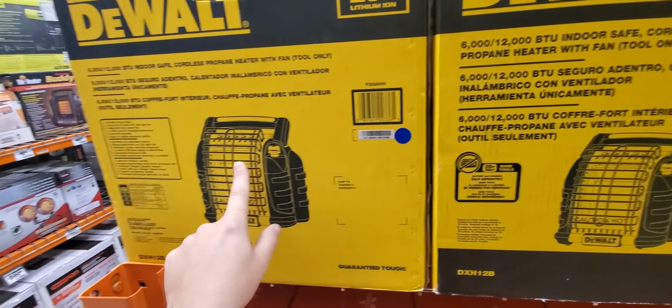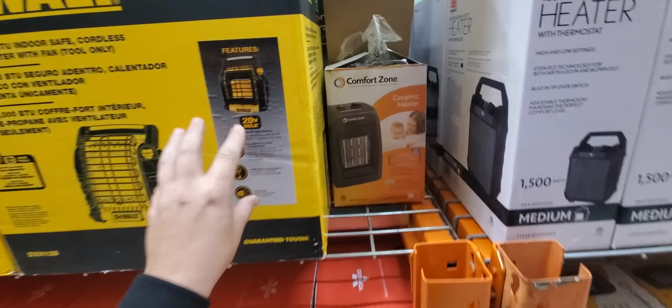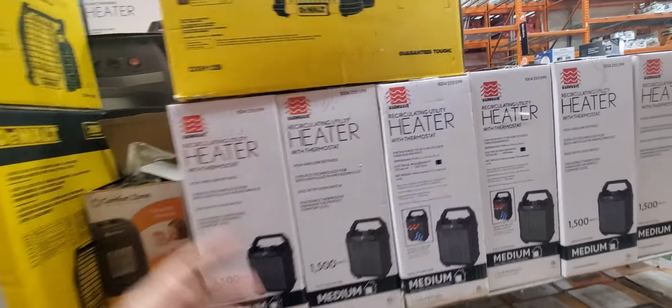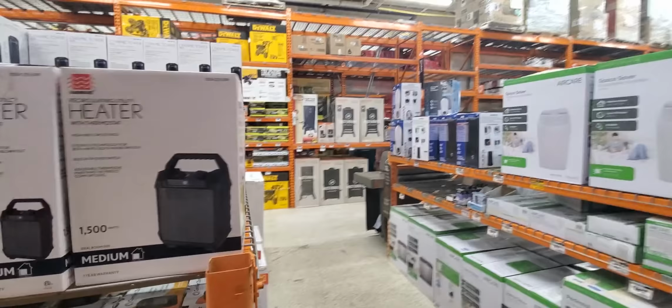So, yeah, they got a lot of old ones here. They haven't put that out. Great. I always wanted this because this would be great for the garage. For me, I don't have the proper